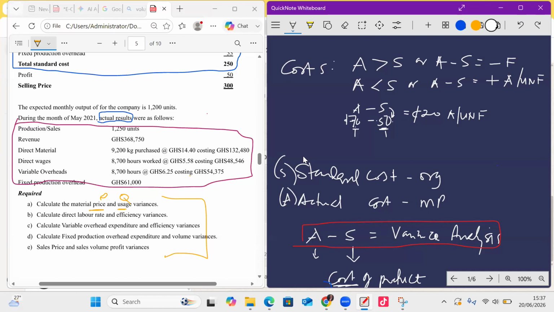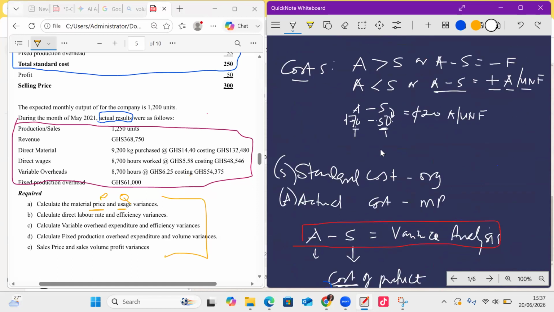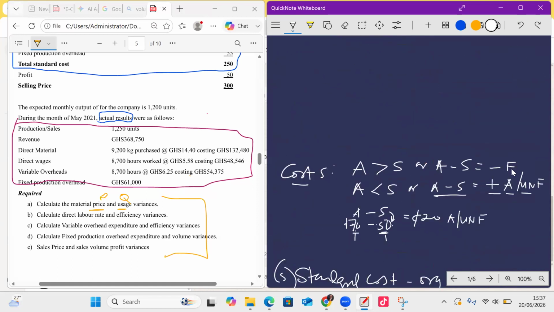Good. Another example. So let me clear. Now I'm changing the figures. So that's why I'm saying that when you subtract and you get positive, it's adverse or unfavorable when it comes to costs. And what are the costs? Direct material, direct labor, direct expenses, direct variable production overhead. All those that I've checked with blue and white, they are all costs. So when we are solving variance for any of these ones, it's a cost. And when we subtract the standard from the actuals and we get negative, it's